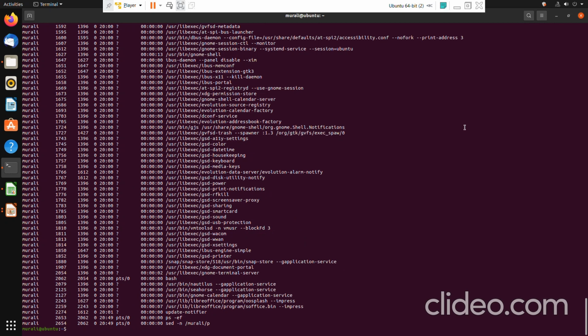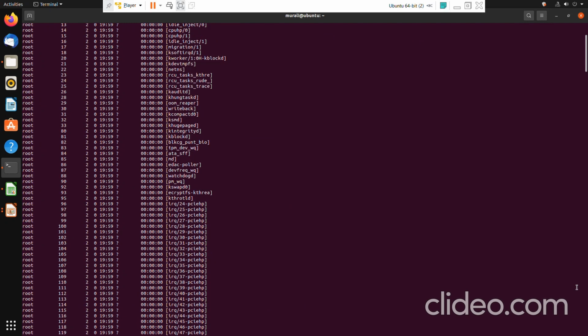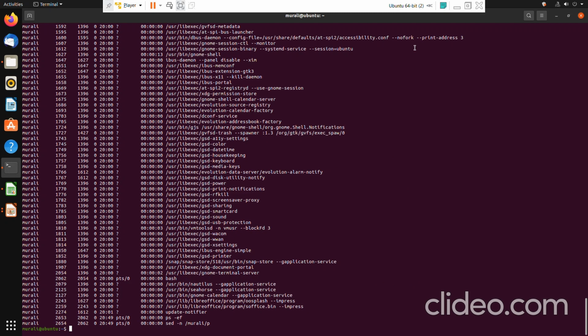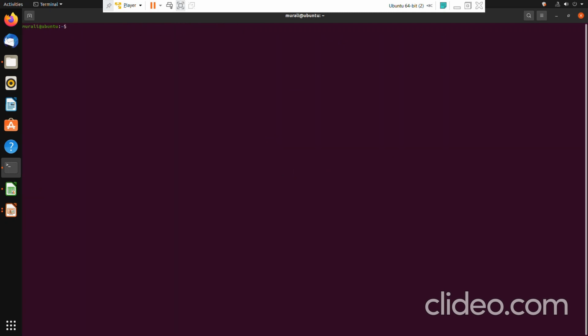Now if you see, it displays only the processes belonging to Murali, right? Whatever addressing we have done now, that is context addressing, right? As a part of addressing, what I have given? I have given a pattern. So whatever input SCD receives, the input file it receives from the pipe, in each and every line of the input file, what it should check? It should check for the matching pattern Murali.